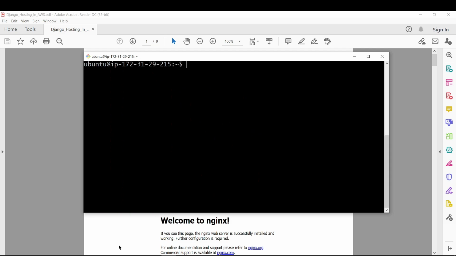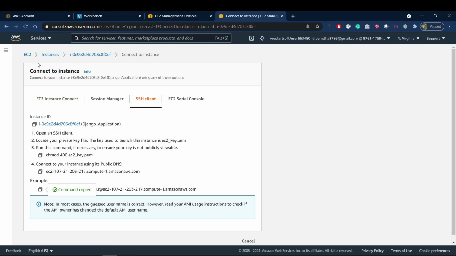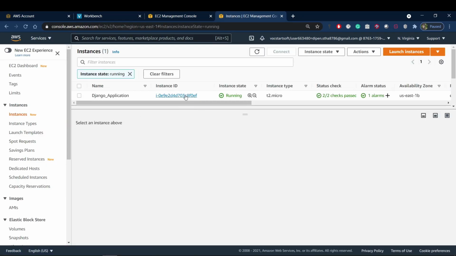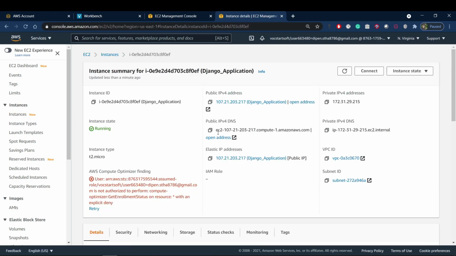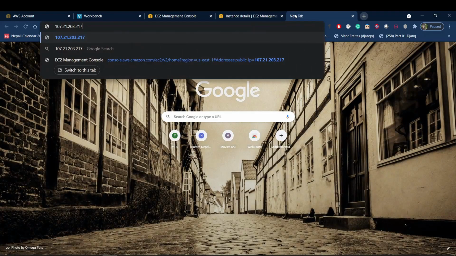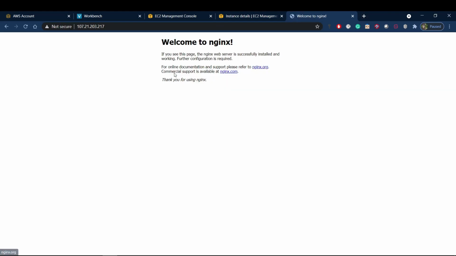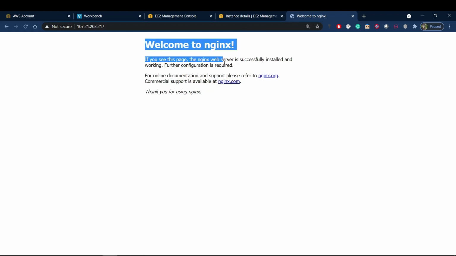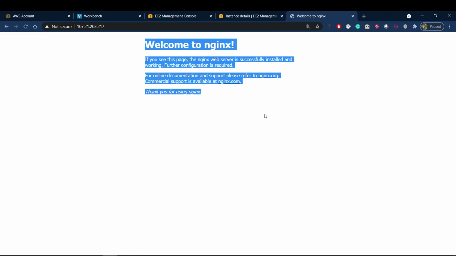Now if you go to the instance here, the running instance, copy this IP, go to the URL and paste it there, you can see the welcome page of Nginx. This means that we have configured Nginx successfully.